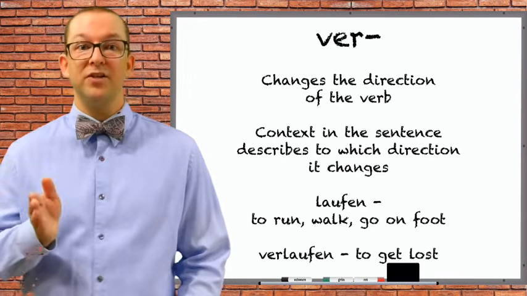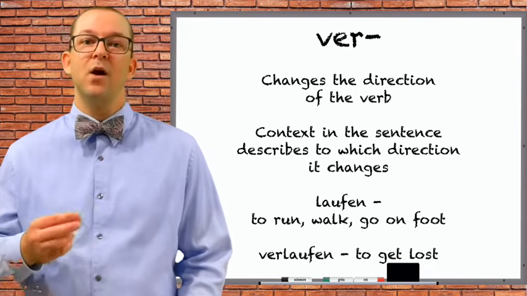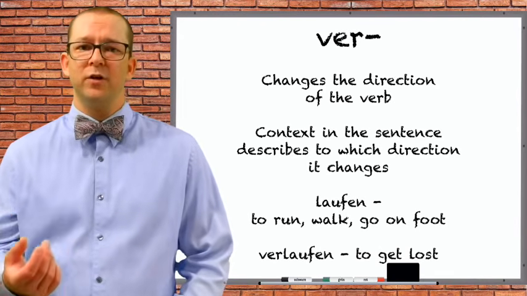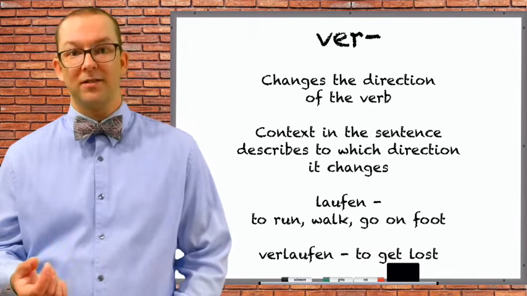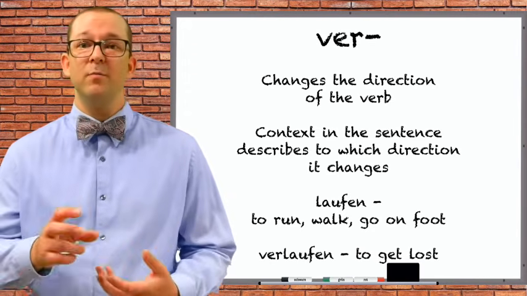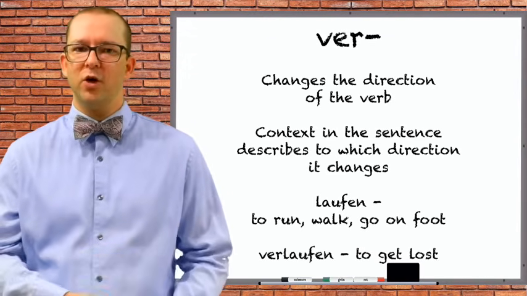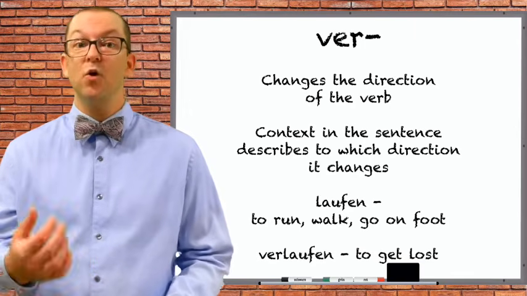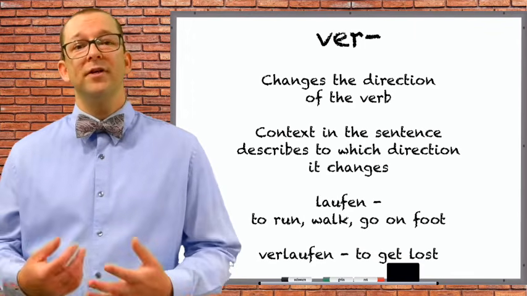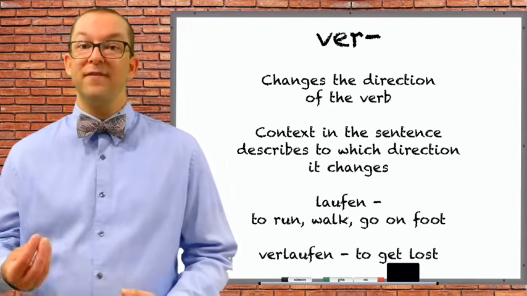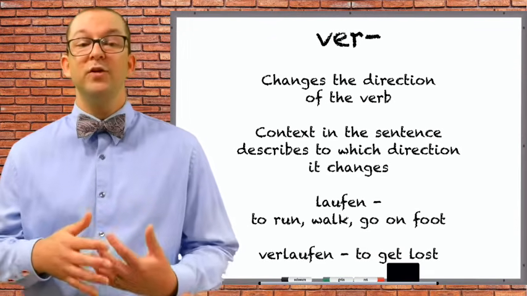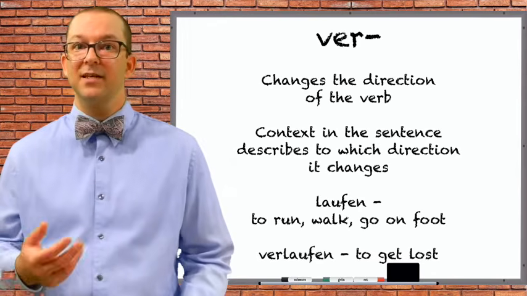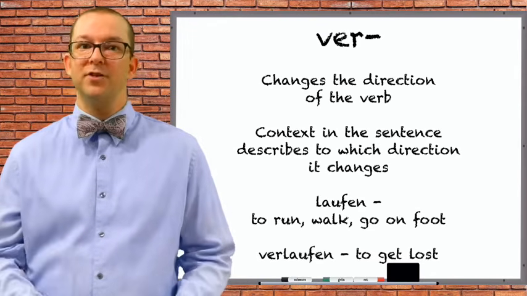Generally, there is a direction or a destination in mind when laufen takes place. When you add ver, you get verlaufen, which translates as to get lost. It literally is going somewhere, but you don't end up where you wanted to go. You could think of it as indicating that something is going to excess or in a bad way. If you want to point the direction of a verb with ver in a particular direction, you need to do that with a bit more information in the sentence to give that context, as the verb and the prefix combination on their own